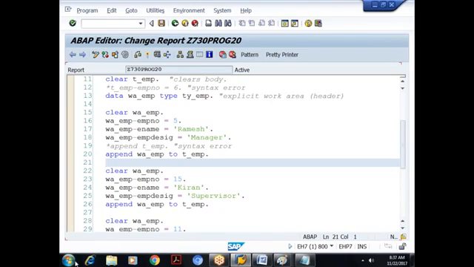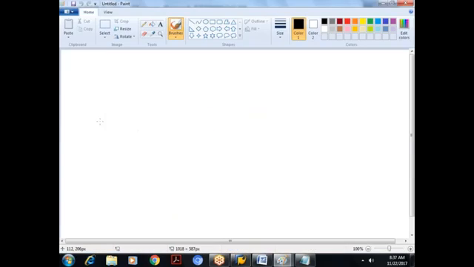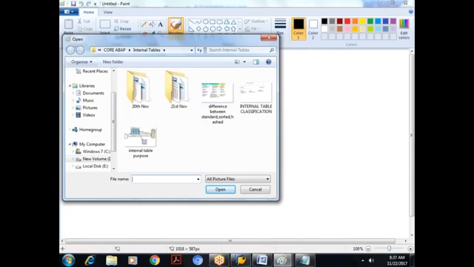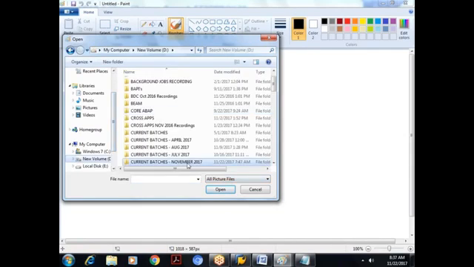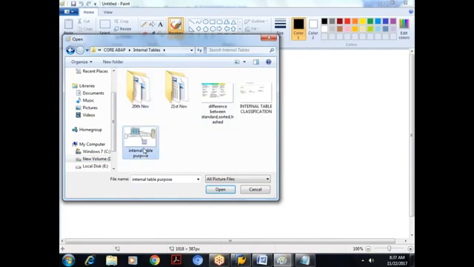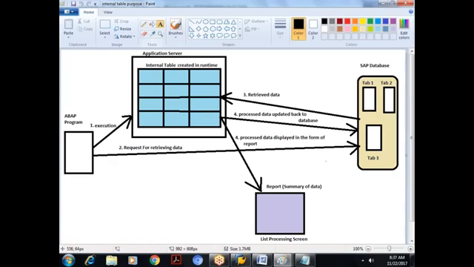But going forward, already I discussed this, we are going to fetch the data from the database. When you fetch the data from the database, data will come and sit directly in the body of the internal table.